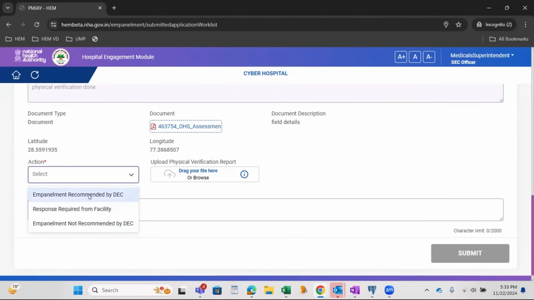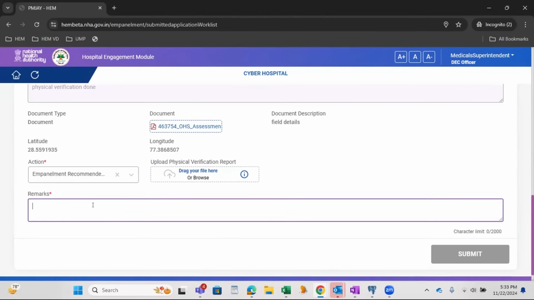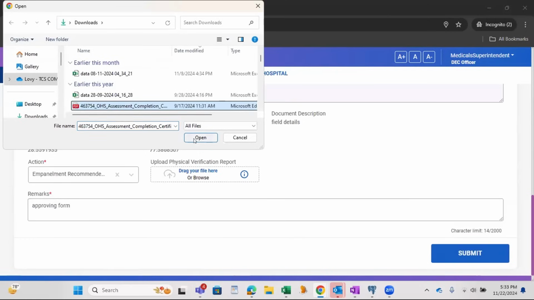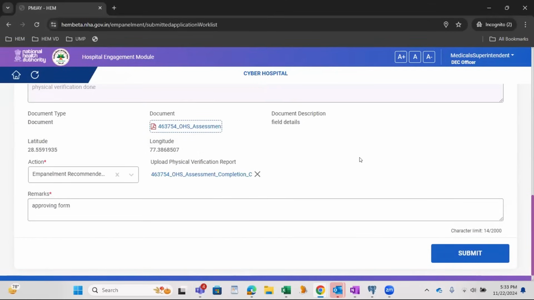So here I am recommending, that is, I am approving these details which are correct. Click on submit. So I am proceeding further where the DEC user can submit this form and approve this empanelment request. Any question so far?